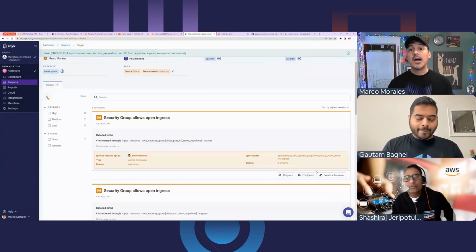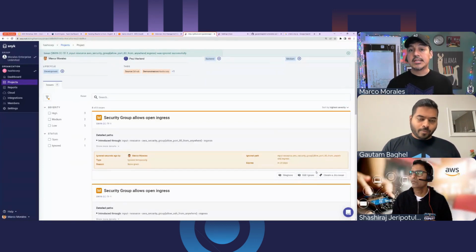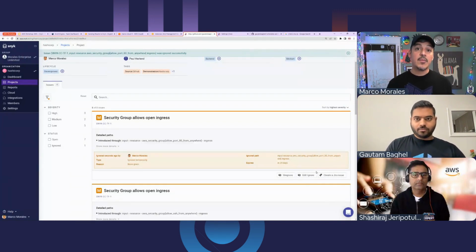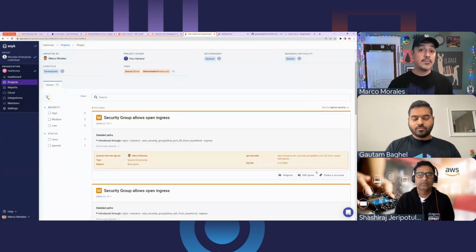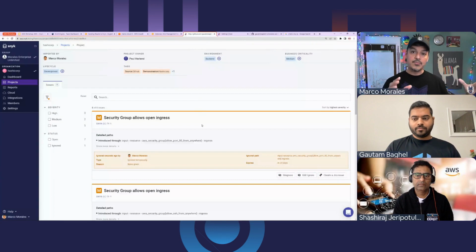Really helpful. Other setup screens in here allow you to override the severity. You may say, hey, you think that's a medium? I think it's a low. Or you think it's a medium? I think it's a high. You can do those things and change them. There's also support for Rego if you want to create your own custom rules. That's an advanced topic, which we'll defer to some other time. But there are a lot of neat things here, so for people who may not have the code checked out and want to just do it on their own, they can do it that way as well.